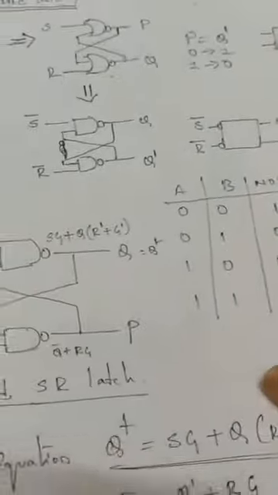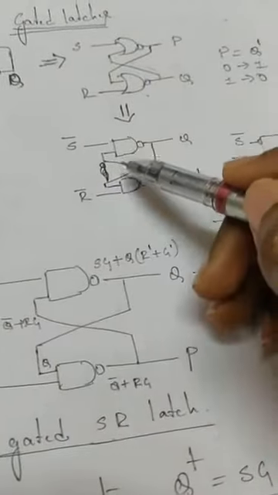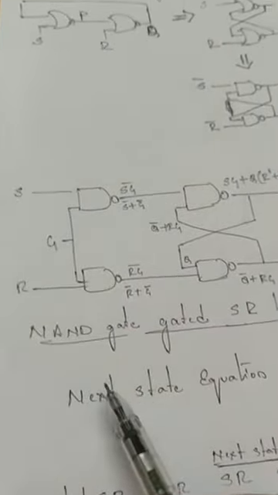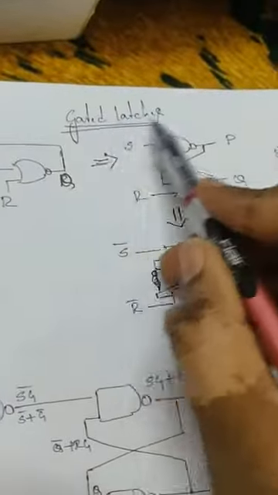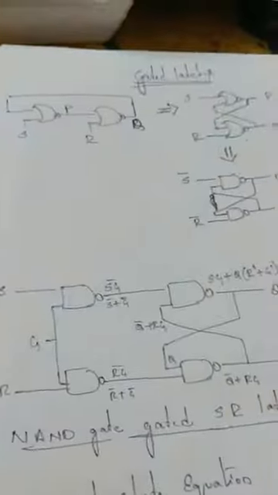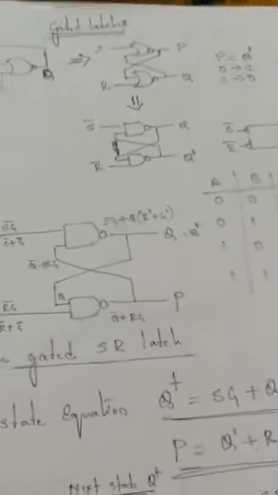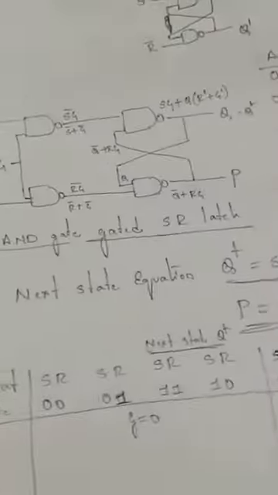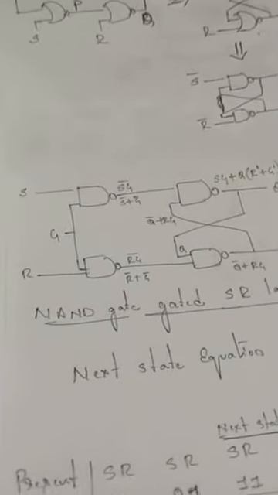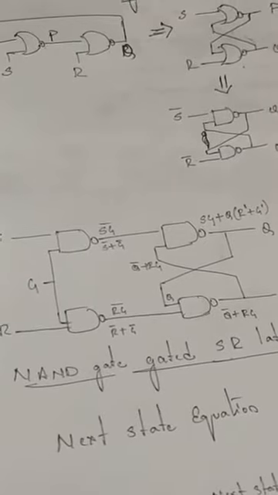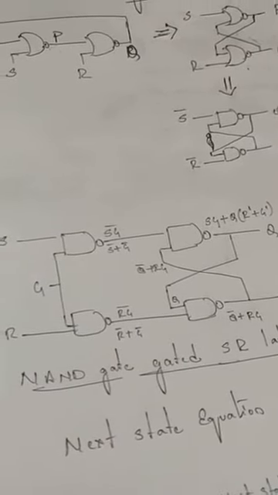Okay, so keeping this circuit in mind, they have extended it to the next concept called gated latches. So what do we mean by gated latches? Gated latches is something like a gate. We are just adding one more input for this circuit and we call it a gate. Okay, so what is this gate? You can just assume your gate in your home. So why do you use the gate? To get in or get out, right?